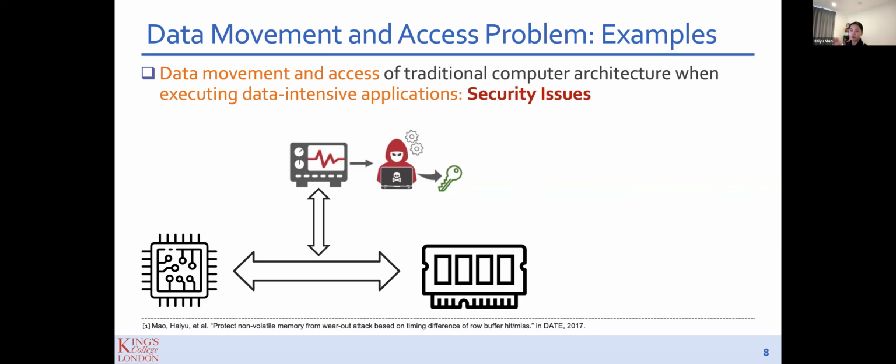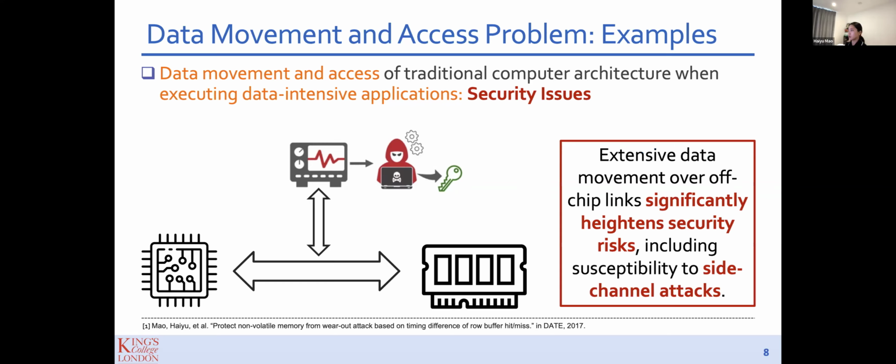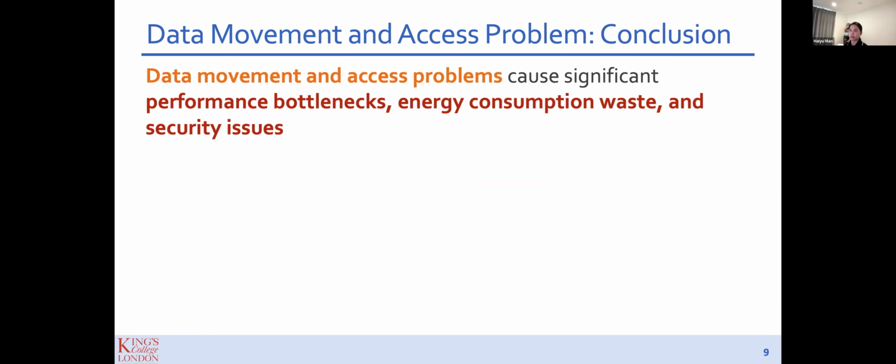Another problem when we have data movement between the processing units and memory units is security issues, meaning that when computation and memory are separate, we may have side channel attacks to steal data, or other security issues. So basically, extensive data movement over the off-chip links significantly heightens the security risks, including these side channel attacks. To conclude a little bit, data movement and access problems cause significant performance bottlenecks, energy consumption waste,